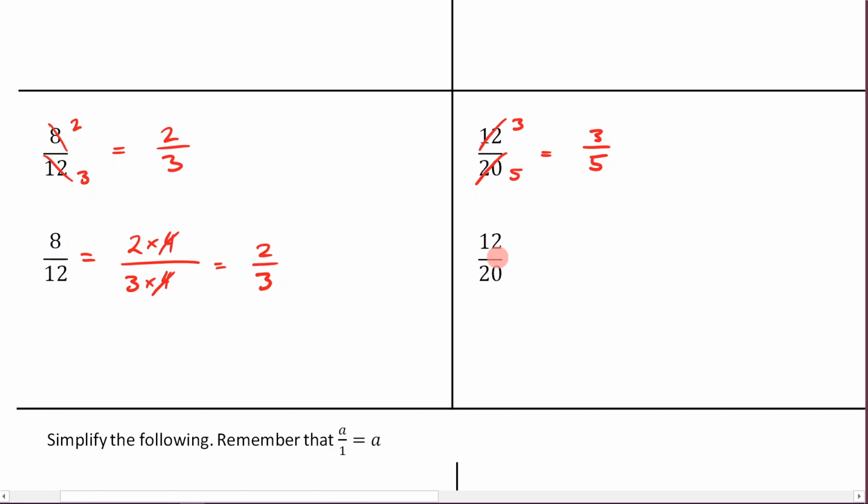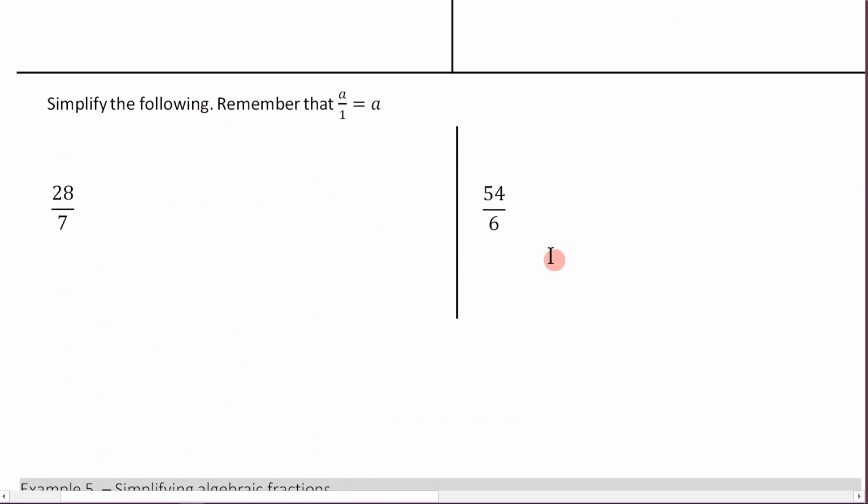Now we can come here, and another way of thinking about this is it's 3 times 4. And here, this is going to be 4 times 5. I've got those common factors there, which leave me with 3 on 5. Perfect. Now, before we move on, I just want to finally talk about simplifying the following, remembering that a over